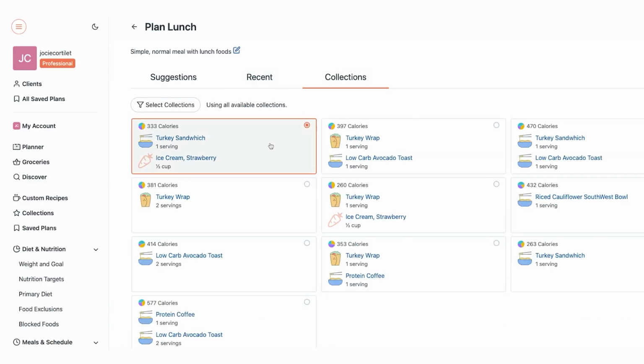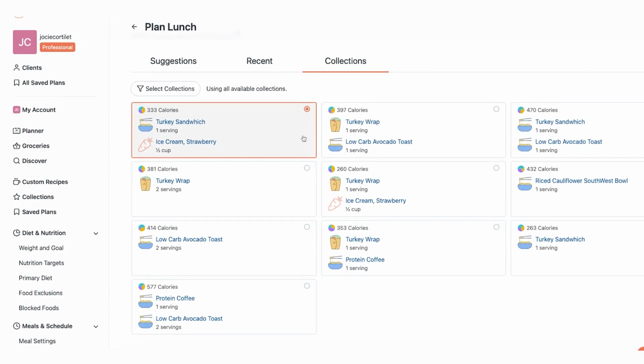Some coaches may want general recipes generated very quickly, while others may want to add their own recipes or have more control around what their client is eating. And luckily, both of these options are very easy to do within Eat This Much. The fastest way to get started is to have Eat This Much automatically generate a meal plan for your client. This meal plan will be based off the specific macronutrient and calorie recommendations you set for your client. You can have your client's meal plan generated in minutes, and you can easily make swaps for ingredients or recipes